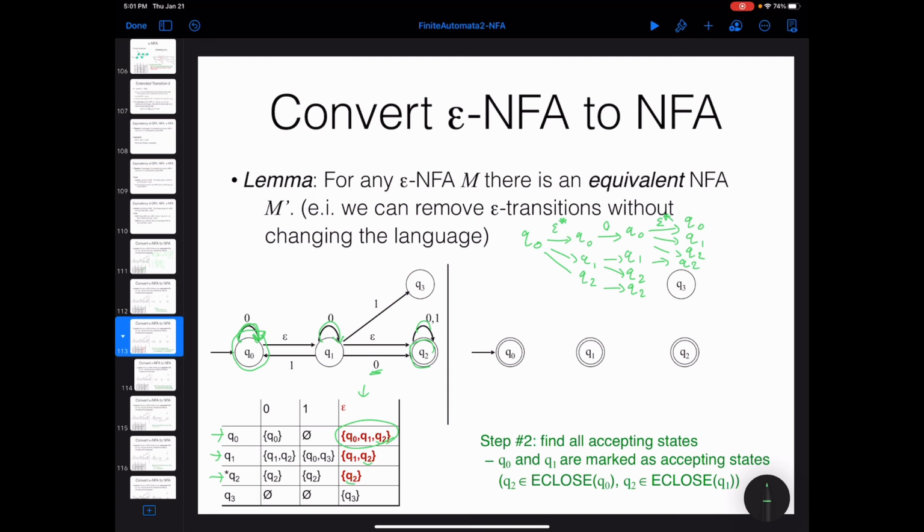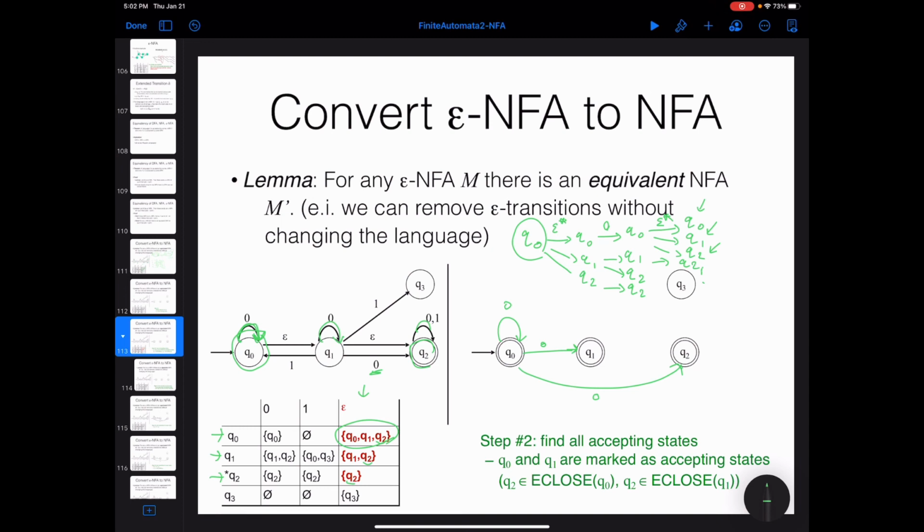And so basically here, I'm not just skipping the details, but you can see that from Q0, by just reading one token 0, you can move to Q0, you can move to Q1, or you can move to Q2. So not only this transition is going to be added, one transition to Q1 is going to be added, one transition to Q2 is going to be added. Okay, so now I can safely say that I don't need to be worried about the transition 0 over the state Q0 in this new